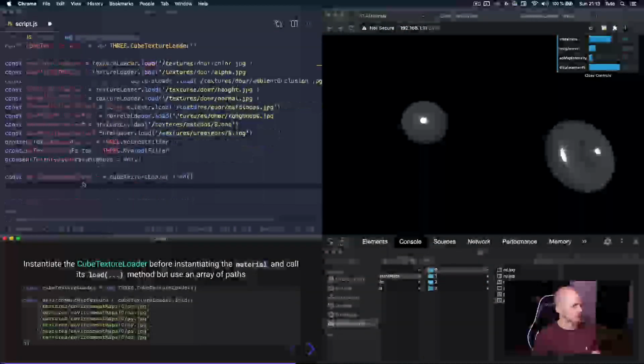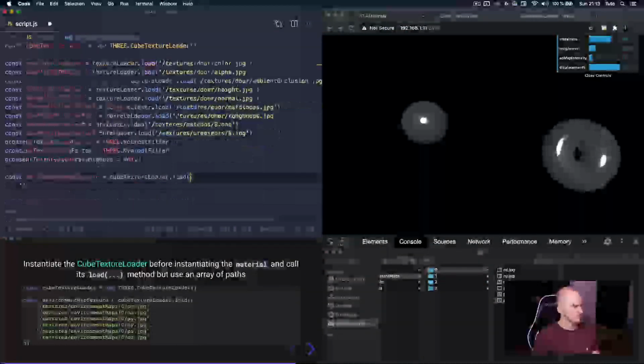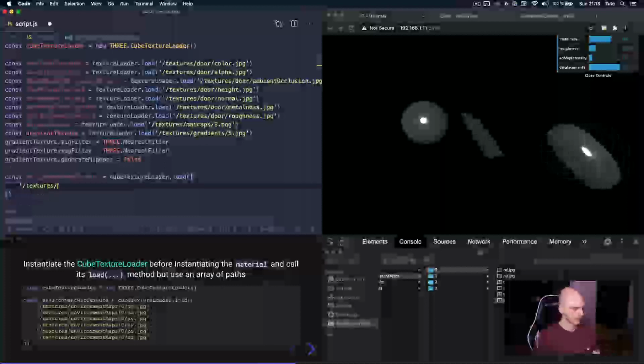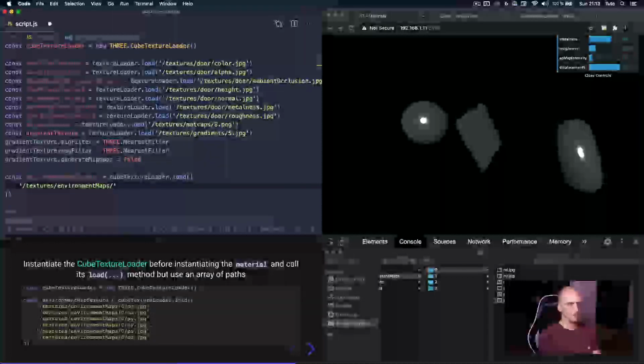So yeah, let's put the path. I'm going to write the first one. So be careful. I use the brackets, so add the brackets because it's an array of 6 paths. So the first one is going to be textures, environmentMaps, and it's going to be the first environment map folder. So it's going to be 0,